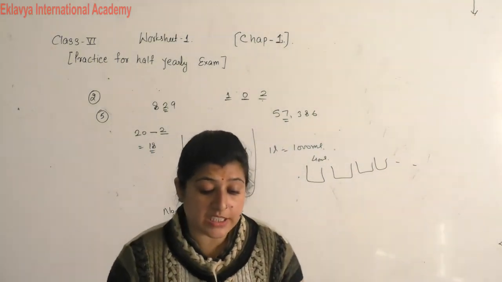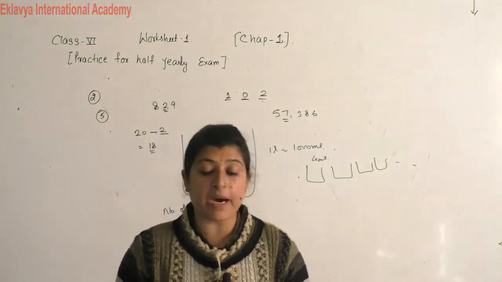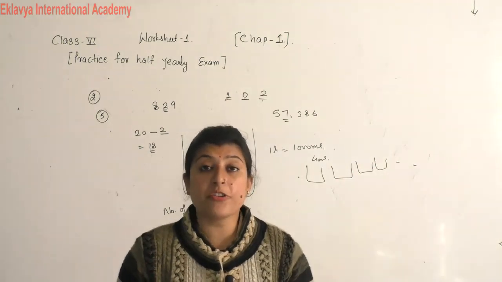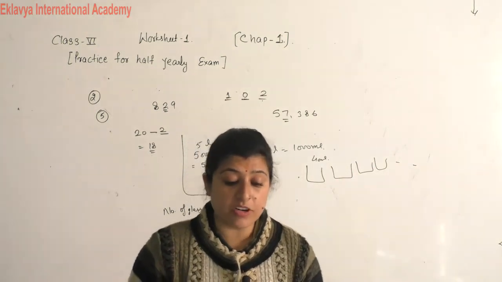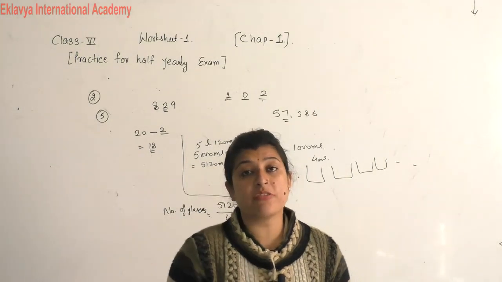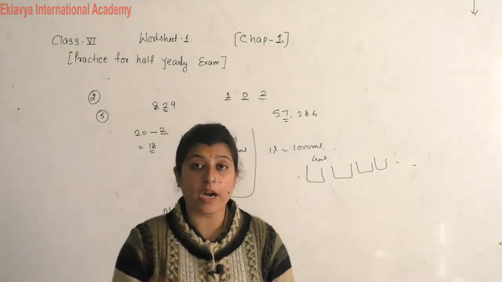16,160 people visited a park in 256 days. Then how many people visited the park in 1 day? This is the same as the procedure of the unitary method. What will we do? We will divide the number of people by the number of days. Then we find the people who visited in 1 day.